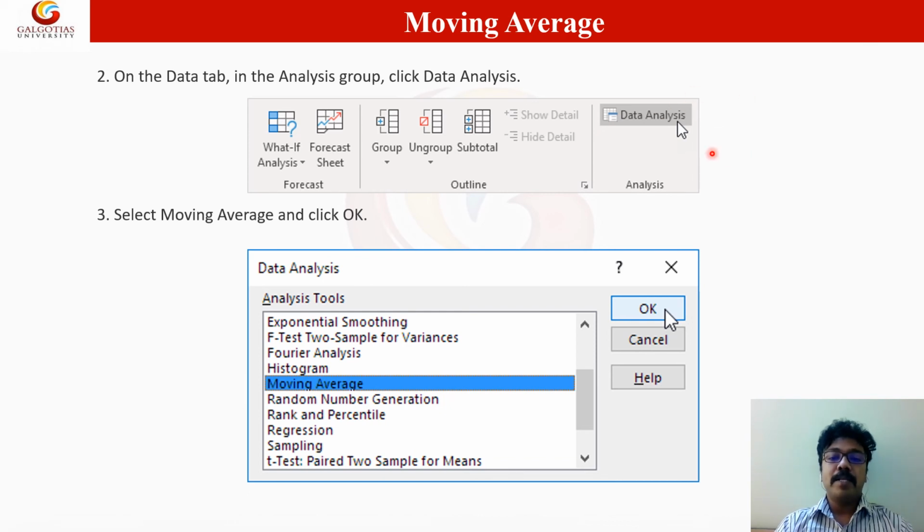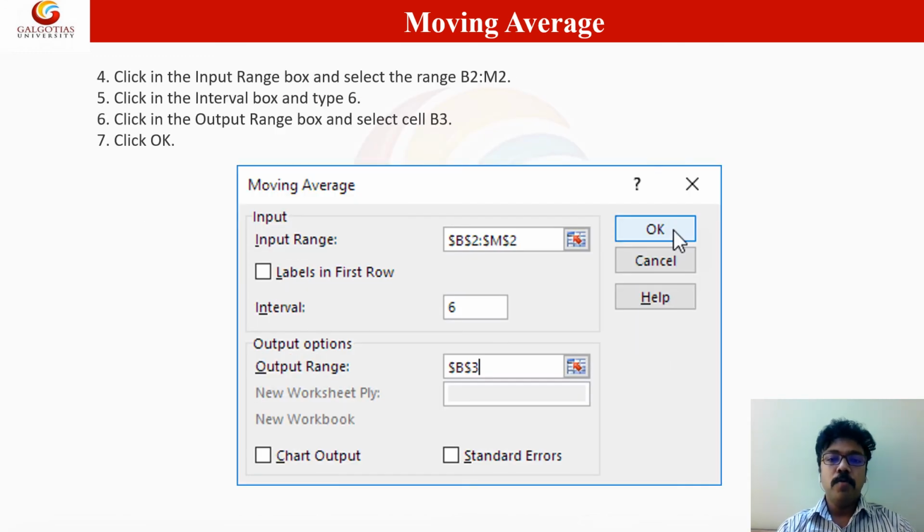If you click it, a new window will open with all the data analysis tools. From that you have to select Moving Average and click OK.